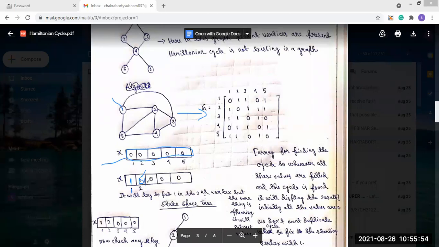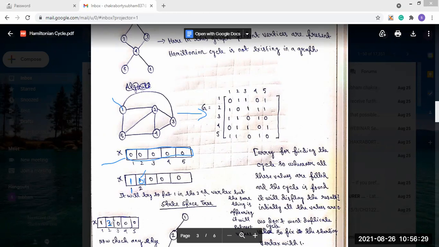So we will put the next value. After 1, the next value is 2, so in this case we will put 2 here.